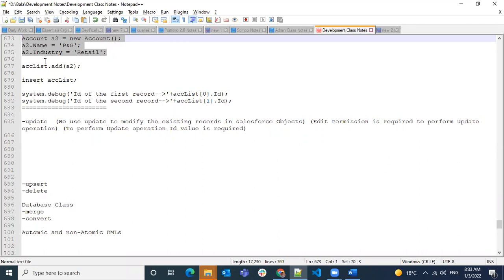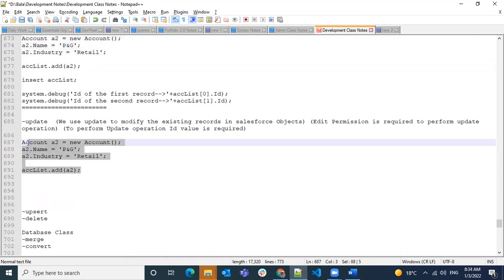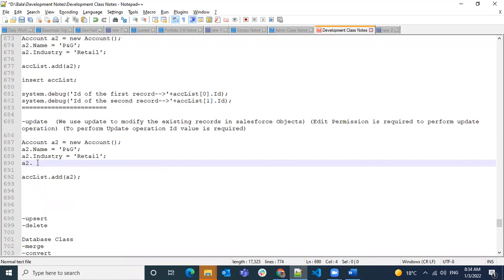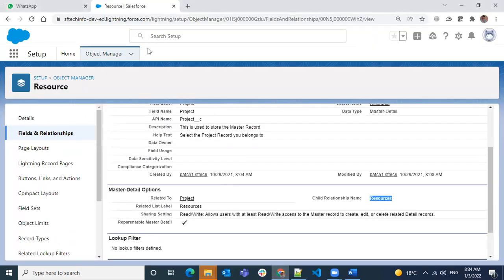So how we can do is, you can follow the same style and do a2.id equal to, you can give some ID value here. So how can we get the ID value? Nowhere we can see it.